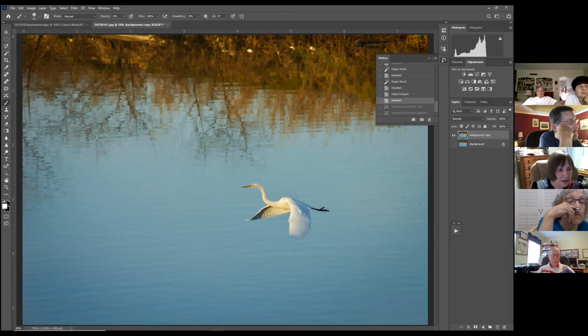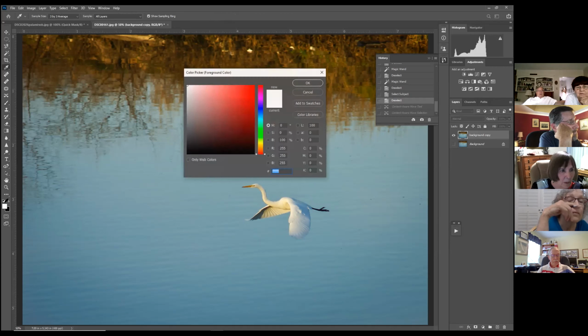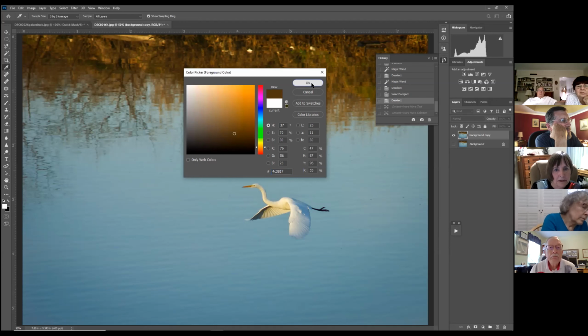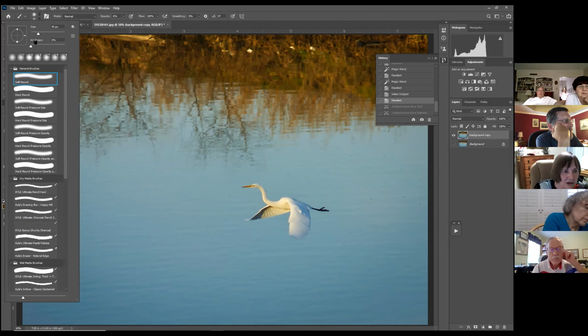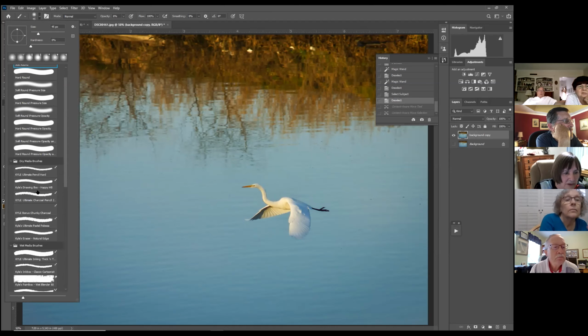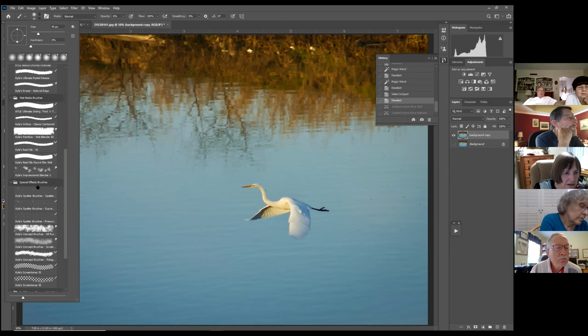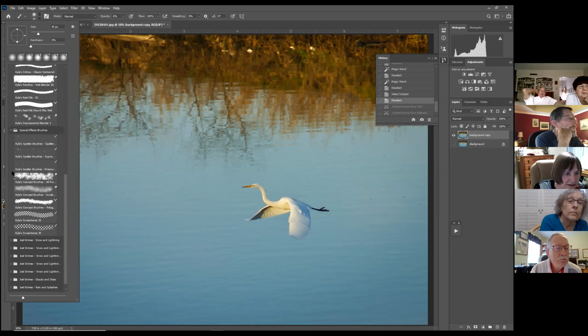So let's say we want to paint white for whatever reason, or when you click on this, here's where you can pick a color if you want, and you say, okay, now it's that brown color. I want to paint some brown around here for whatever reason. I can go to here and I can choose all different kinds of brushes, whatever shape. Like this is actually called a